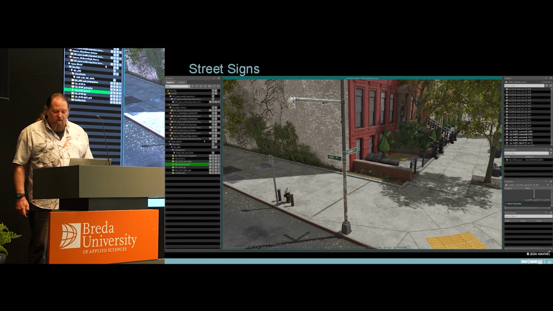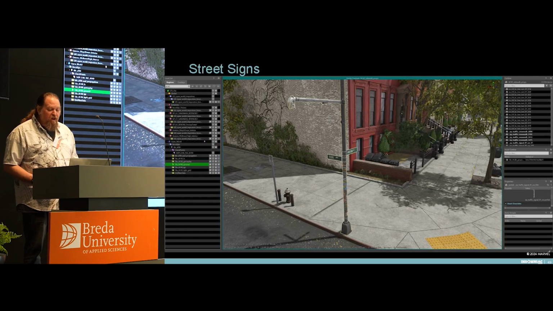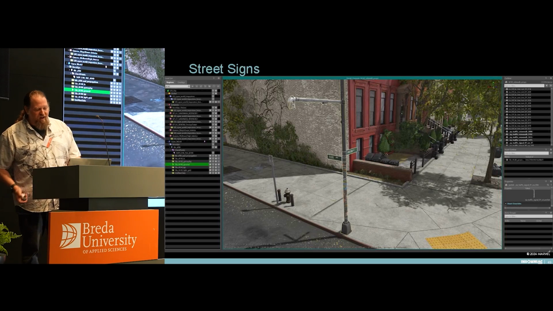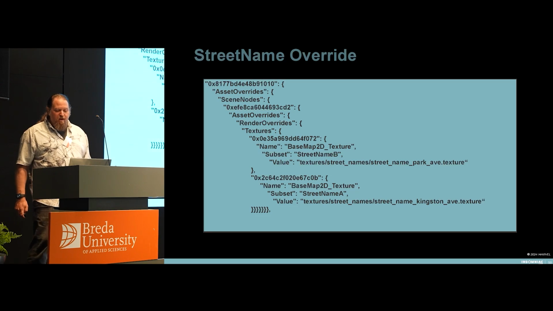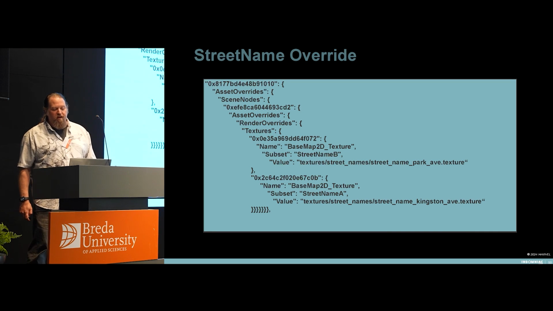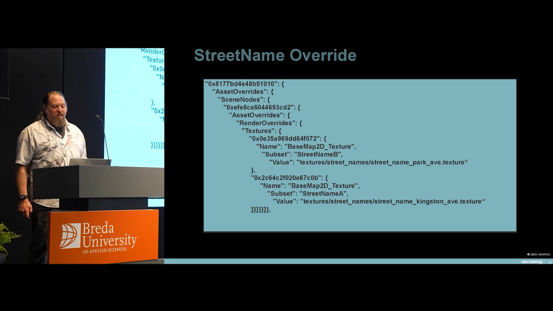For Marvel's Spider-Man 2, we added all the street names to the expanded areas of Brooklyn and Queens using the same system as Marvel's Spider-Man and Marvel's Spider-Man Miles Morales. This JSON snippet represents the texture overrides on a traffic signal prefab. The override is procedurally generated by a Python script running in Houdini and added to each traffic signal instance in